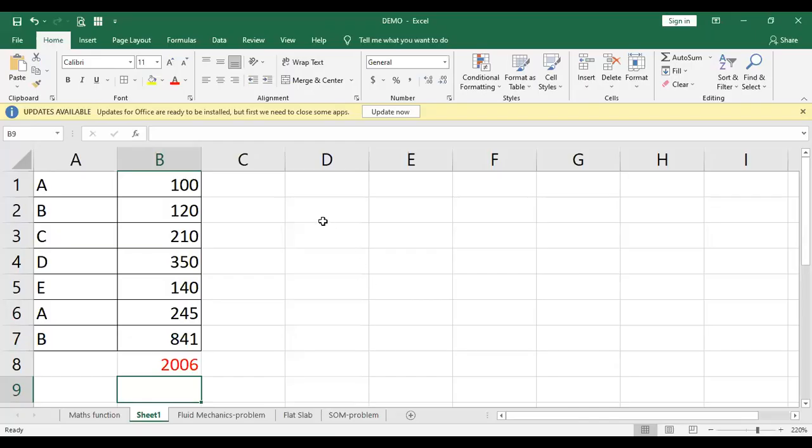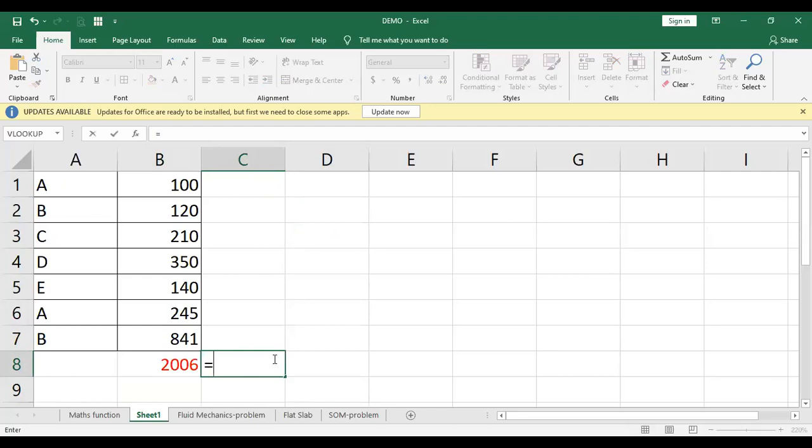If we go ahead with that demonstration, I can put equals to here, type SUM, and now I want to go ahead with SUMIF. I can click on SUMIF, double click on it. Now it shows the range, then criteria, and then sum range. For the range, suppose this is A, B, C, D, E, A, B. Out of that, you want to make the addition of only the B part.